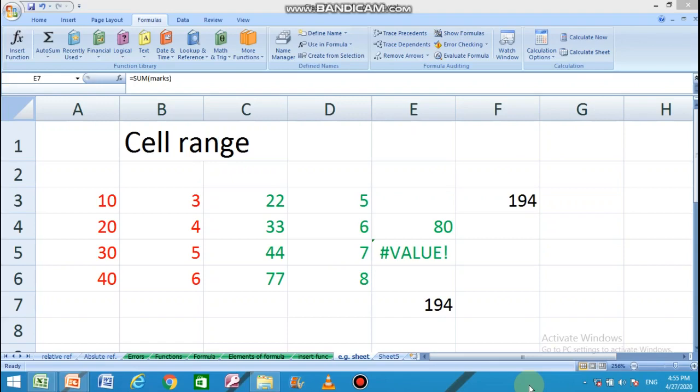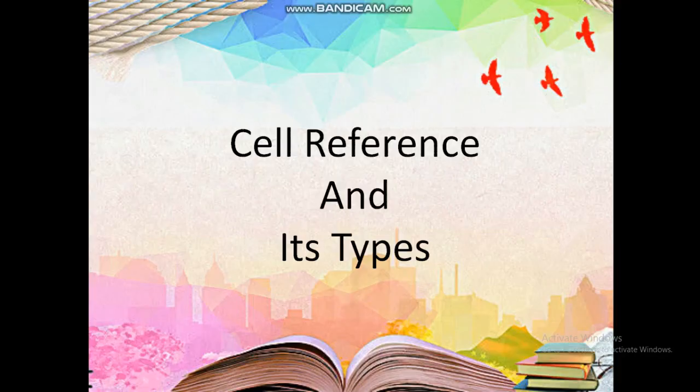The range name must not be the same as a cell address. Means you cannot name a range like A4, B5, C6, etc. You have to give a proper name that should start either with a letter or an underscore or backslash. I hope you have understood the cell range now.